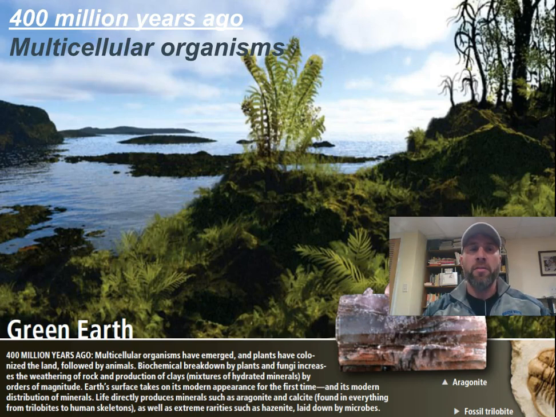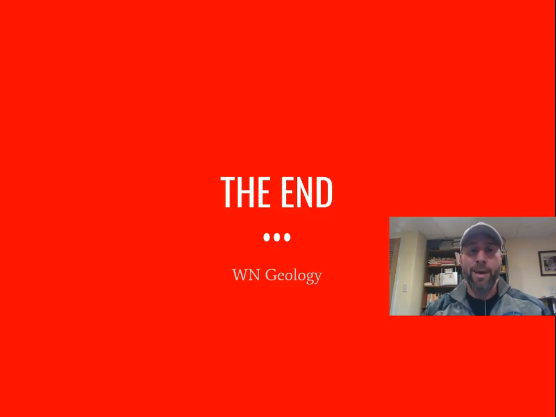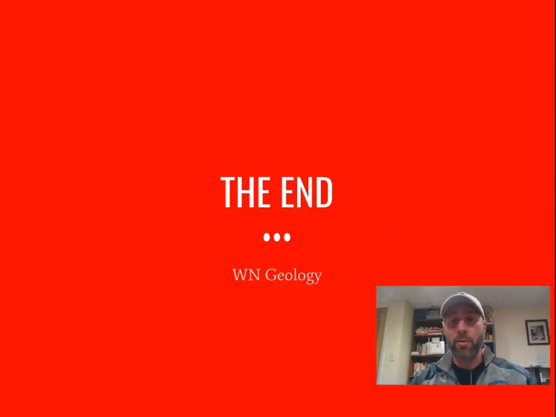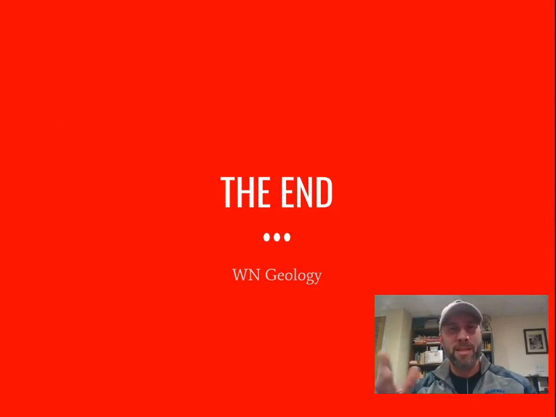And then ultimately, 400 million years ago, we then get multicellular organisms showing up, which is green Earth. Okay, and again, minerals diversifying at all times as we go. Ultimately, to the point where we get up to about 3,800 minerals, and that's about where we are now. Okay, so again, that's a very fast history of the Earth.